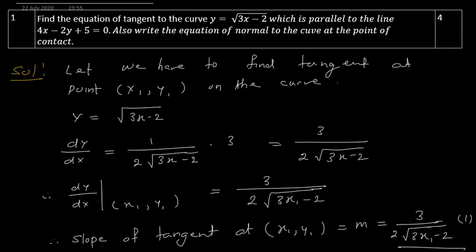Now we have the point, and we have the slope of the tangent. As we have the slope of the tangent, the slope of the normal is always minus 1 upon the slope of the tangent, so minus 1 upon m. So we have the slope and we have the point. The equation of tangent is y minus y1 equal to m into x minus x1, where m is the slope and x1, y1 is the point. And the equation of normal is y minus y1 equals minus 1 upon m into x minus x1. So this is how we get the equation of tangent and the equation of normal.